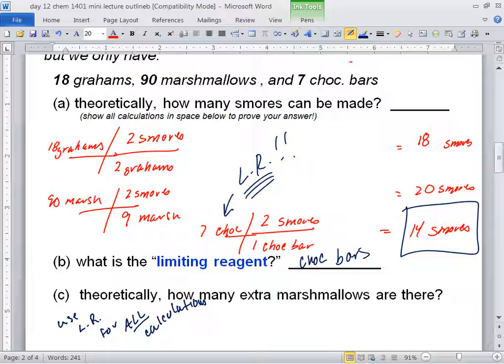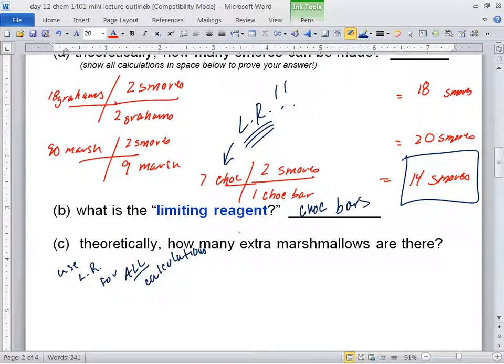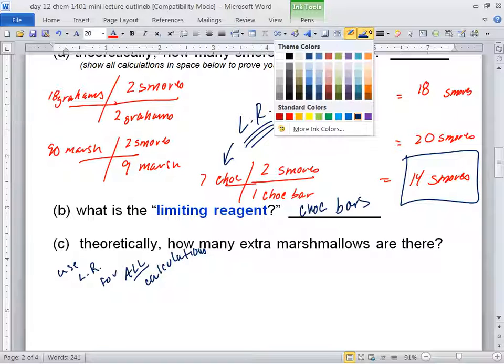And I didn't quite follow Kenneth, but maybe that's what he was doing in his head there, right? But the point is, use the limiting reagent for all calculations. So if we use the limiting reagent for all calculations, we'll start with the 7 chocolate bars, convert it into marshmallows. And that'll be the marshmallows that are extra or the marshmallows that were used up? Used up. And then we'll do the subtracting thing that Kenneth was talking about. All right, so if you start with the 7 chocolate bars,